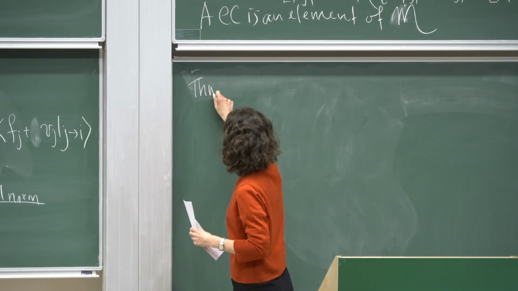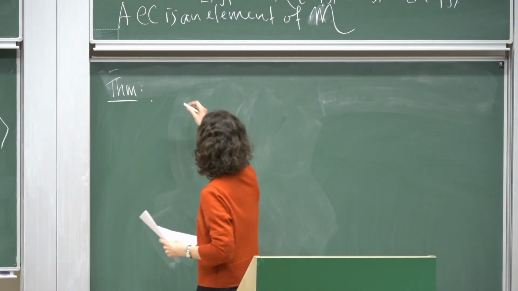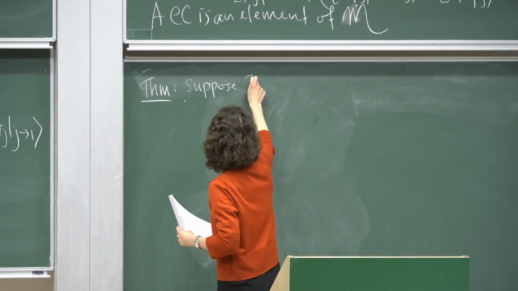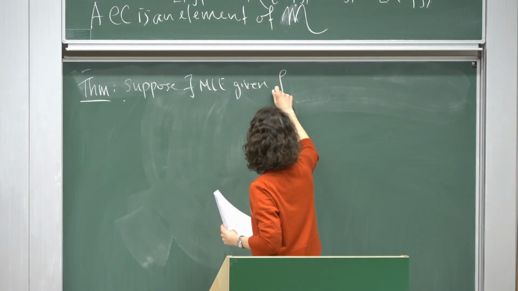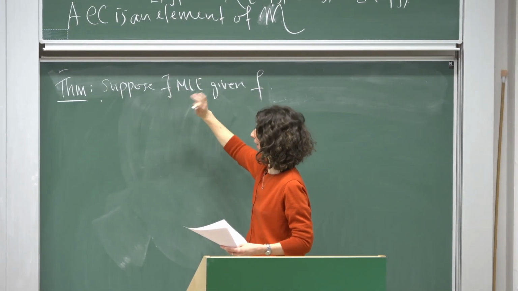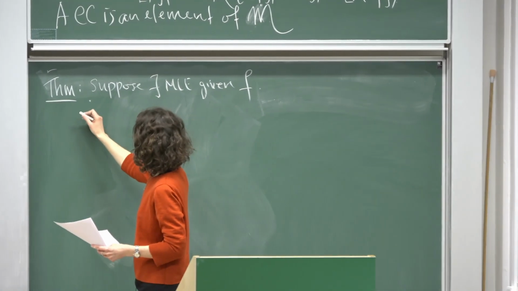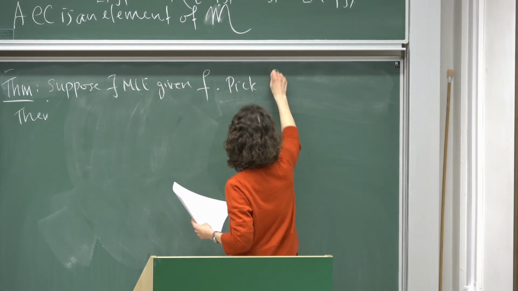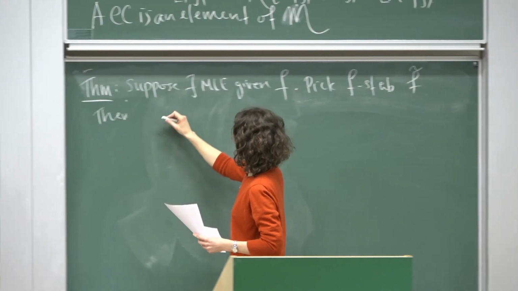maybe I should write at least one theorem. So let's make this a theorem. The theorem is that suppose there exists an MLE given F. And as I said earlier, if there doesn't exist one, just forget about that and work with the lambda MLE instead, which always exists. Then pick an F stabilization, F tilde. Then the